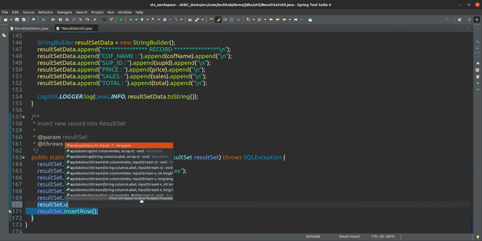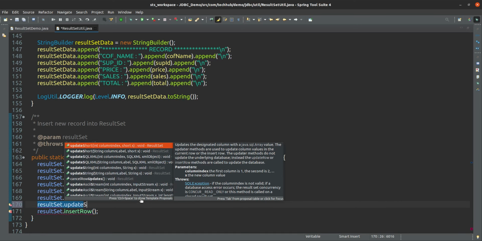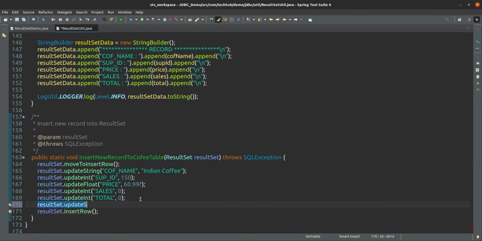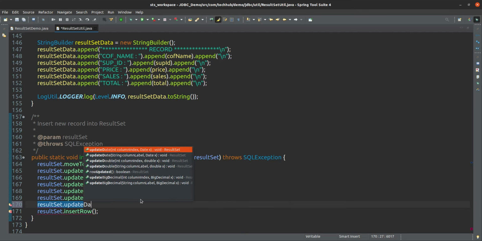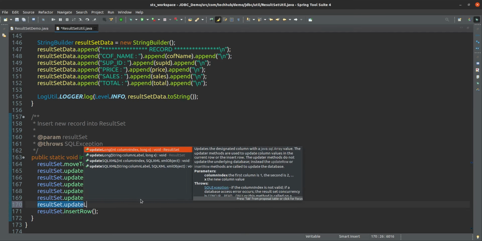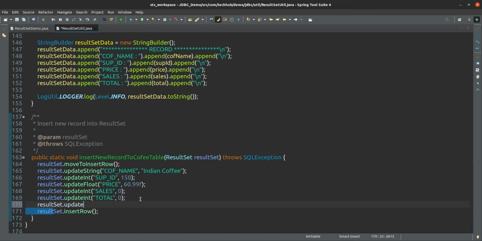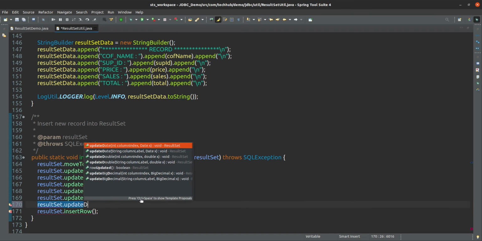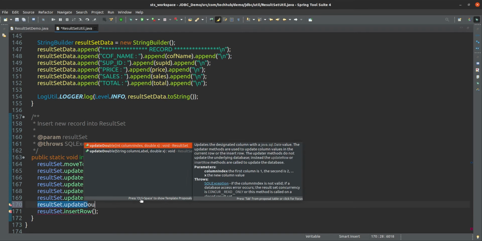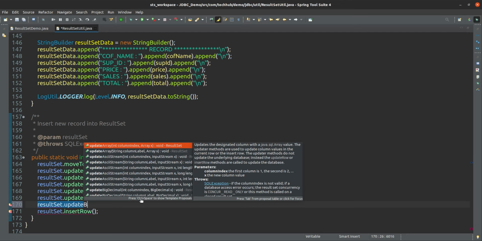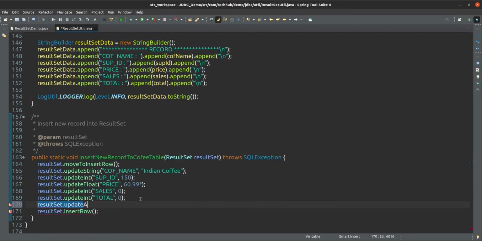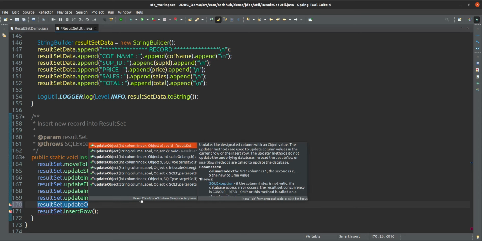Like update short, update date, update long, update double, update byte, update object. If you don't know, then directly go with update object, and you just have to tell